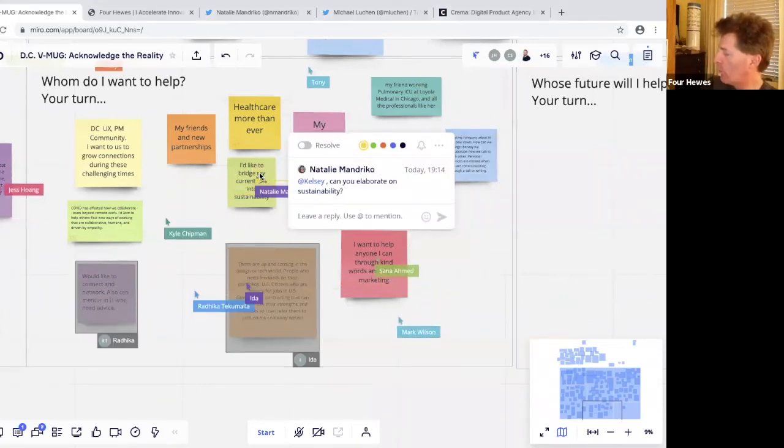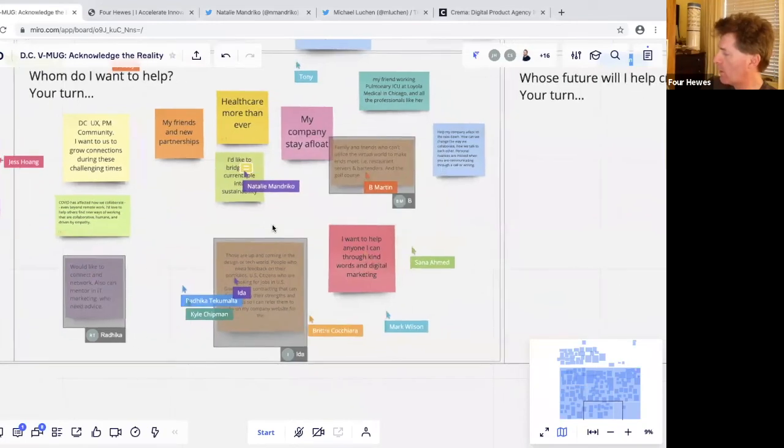So I'm zooming out here at the whole thing.